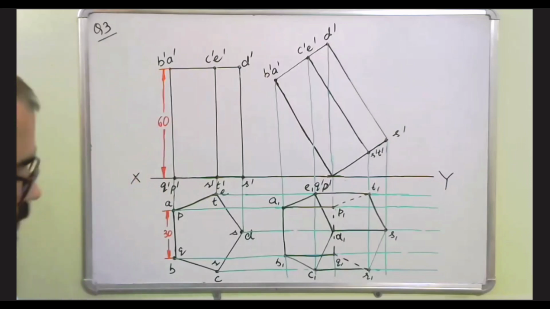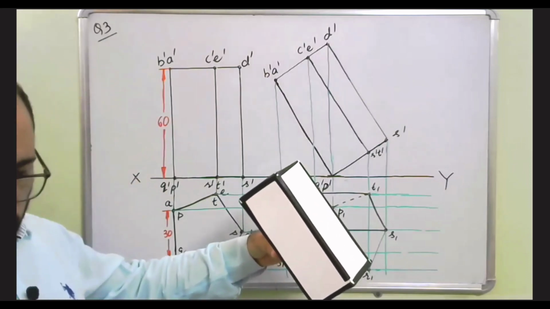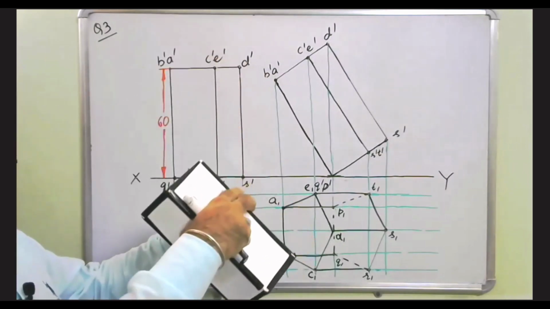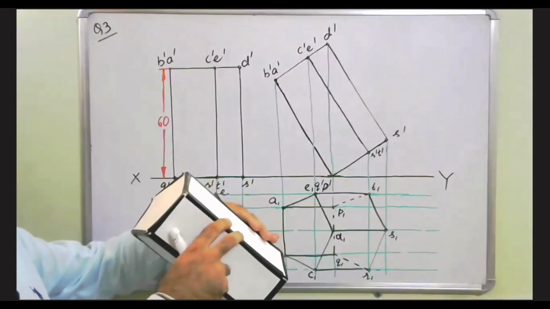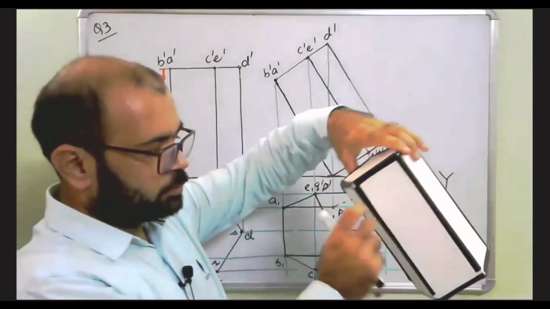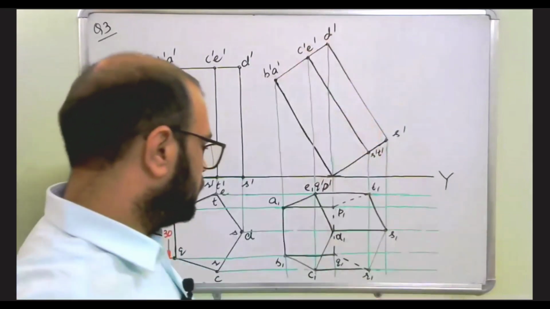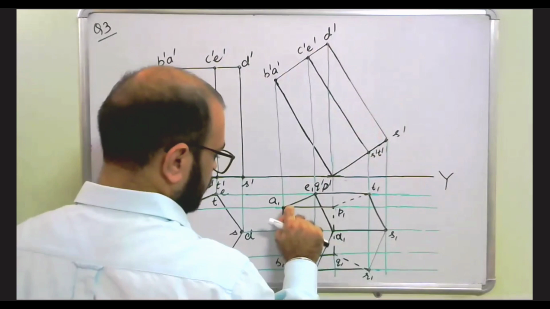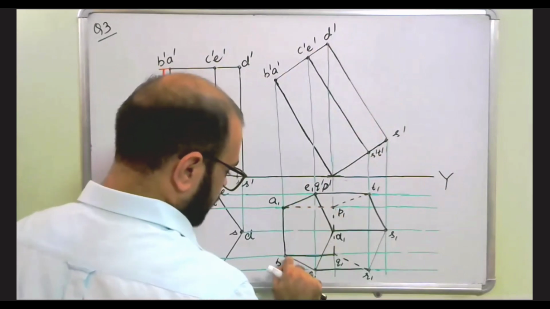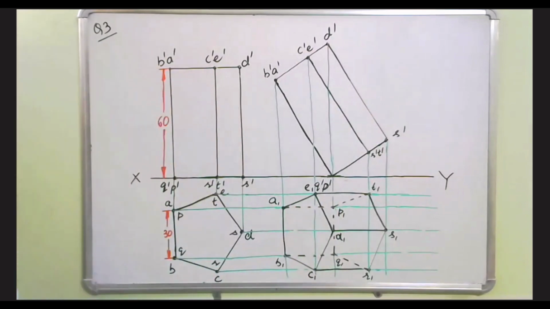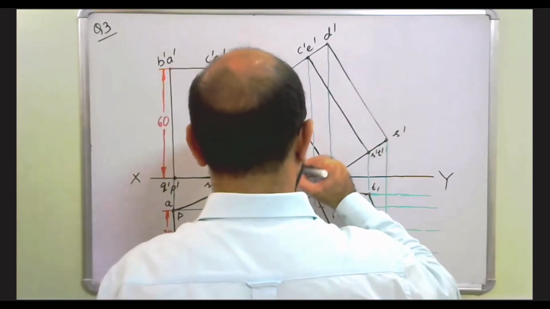Right? And then longer edges. So this longer edge is visible from the top, this longer edge is visible from the top, and even this longer edge is also visible from the top. But these two longer edges, these will not be visible from the top. So which are these? These are A1, P1, and B1, C1. So hidden lines will come. So this is the solution to the third question, where this is inclined at